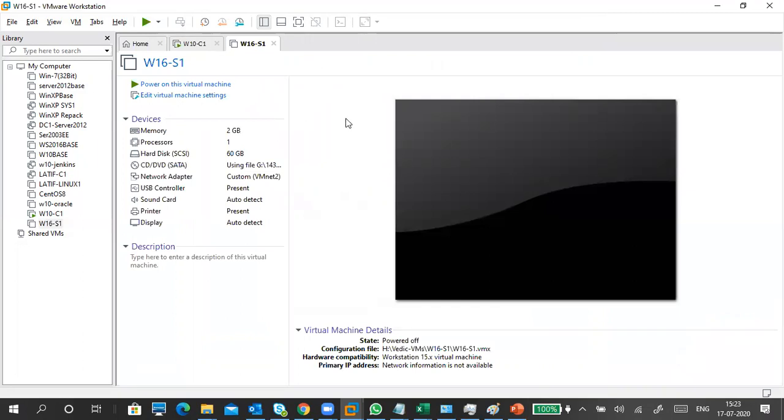Of course, for Windows 10 we are using VMnet 0, but for the server we are using VMnet 2. But later we will change Windows 10 from VMnet 0 to VMnet 2. We are all using this one, so we don't require internet in a server. Next part is edit virtual machine settings.